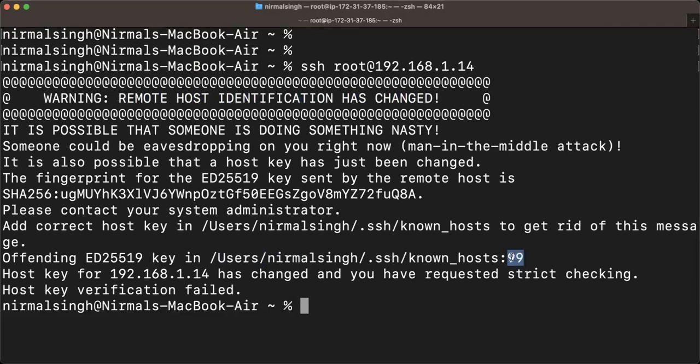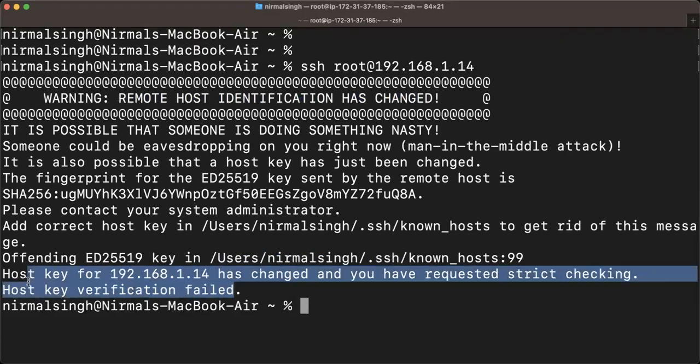line 99, for this host has changed. You have requested strict checking, host verification failed. So basically, when you access this server the very first time, it always asks you the fingerprint verification. But when you access it a second time, it will not ask, right? Why? Because when we access the first time, it creates an entry inside this known hosts. So to solve this issue, we have two options,